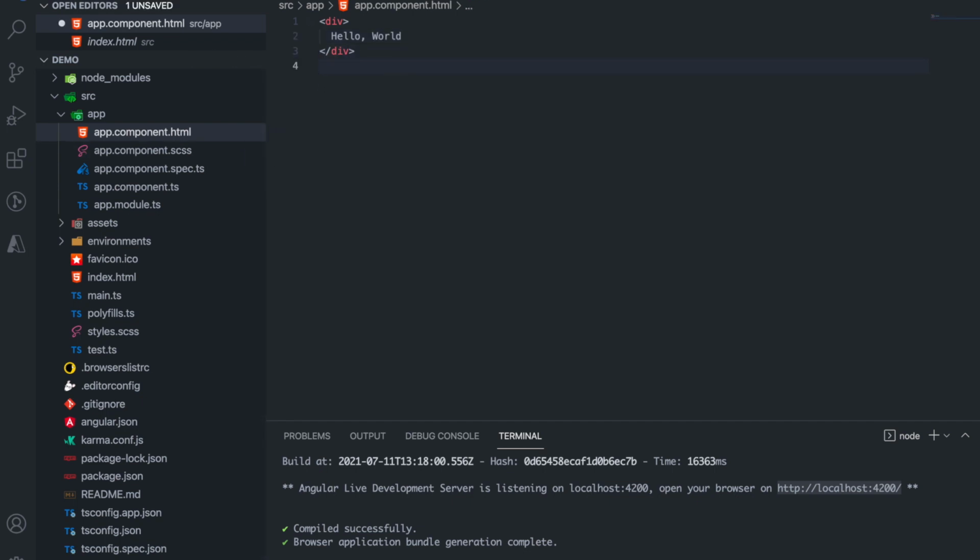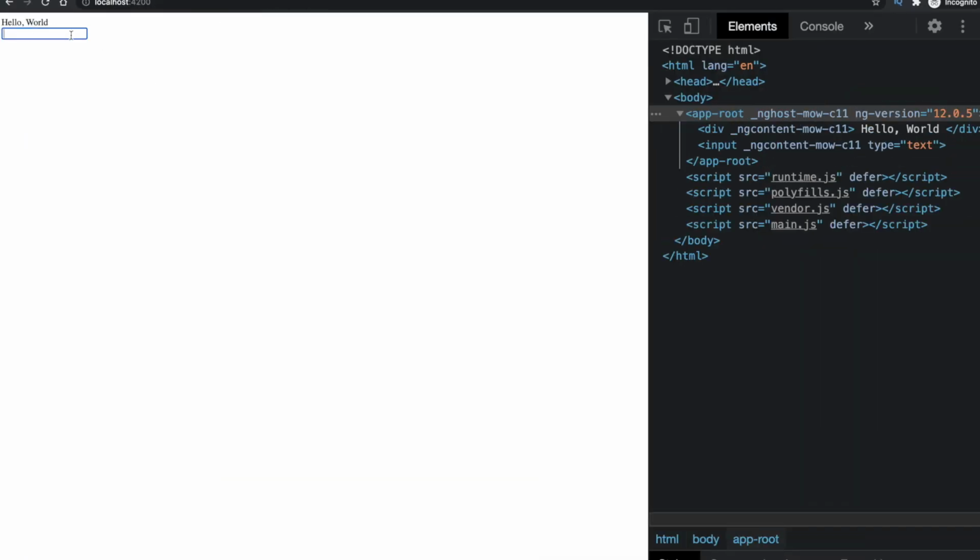One more tag I want to discuss is the input tag. If you write input, it doesn't require any closing tag because you have written the closer in the same tag. So input is a kind of standalone tag. In that one we can write an attribute, say text, so this will become a text box where you can provide input, ABCD, anything. We can type in anything. So this is the input tag.